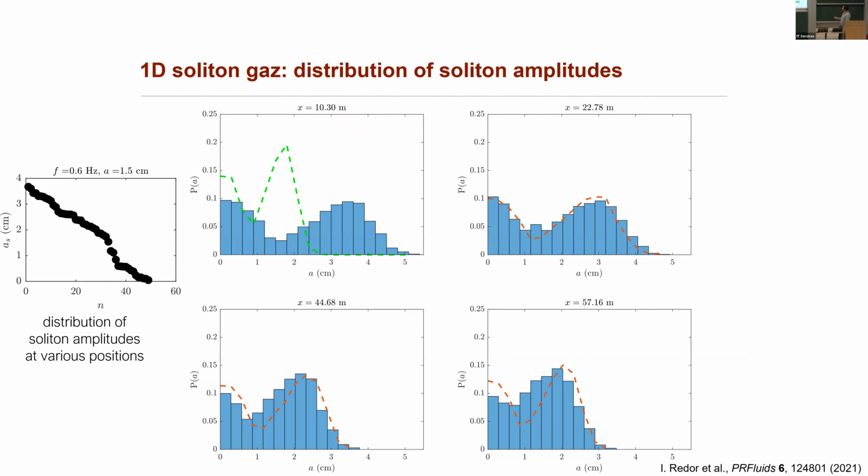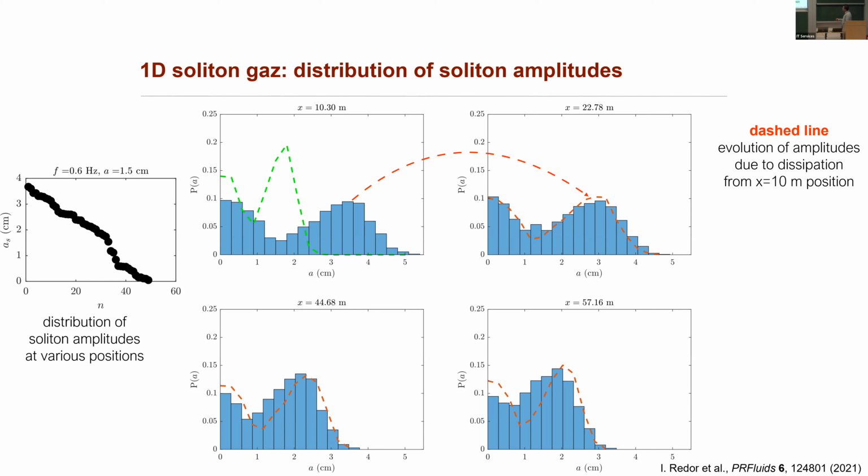And you can do that at different positions along the propagation of the soliton. So that's 10 meters after the wave maker, 20 meters, 40 meters, and 60 meters, the wave coming back after the reflection. So the boxes are the distribution of the solitons, which is a little bit strange with 2 bumps. And this comes from the fact that we have to force continuously. And when we go from the first box to the second one, the red curve comes from taking the damping law of the soliton over 10 meters, which gives the dashed line, and you see that the agreement is fair with what we measure there,